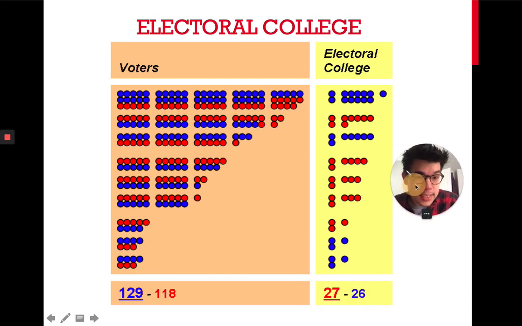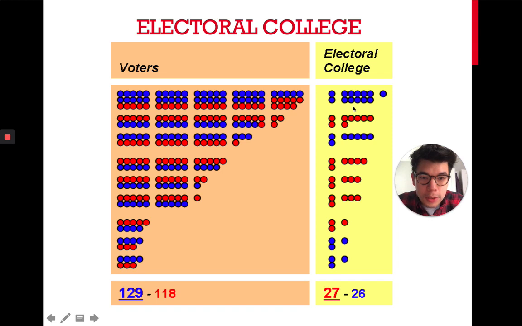And here's a good example of the difference there. On the left would be the popular vote. You can see in each little category, in this one, there's more blue than red. In this one, there happens to be more red than blue. In this one, going horizontally across, there's more blue than red. So if we were to tally up the blue and red for popular votes, there would be more blues. But if we do it based on who wins each little segment, each little group,